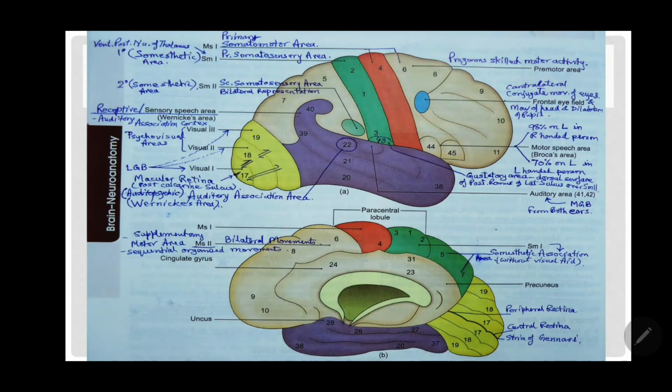This area has stored information about your sensations of different objects, different things, what you feel and touch in your regular life. Those sensations are saved here in the form of data. So when, next in your life, you touch, palpate and feel the shape and size of an object without visual aid, and you are able to guess the shape, size and everything by touching, that type of sensation is called stereognosis, right? Discriminatory touch.